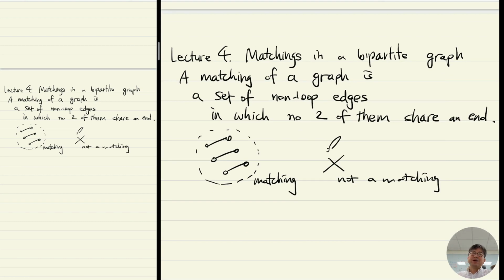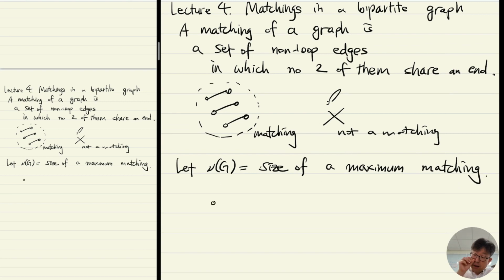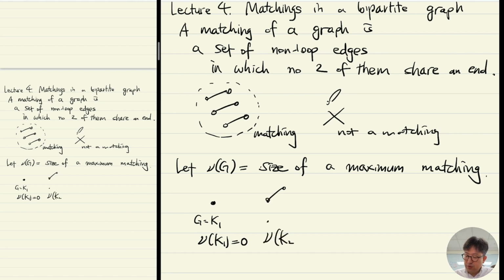All right. Now, what we are interested in is the size of a maximum matching. So let's write a function. So nu of G is the size of a maximum matching. So far all these definitions are for general graphs. So for instance, if G is K1, nu of K1 is 0, it's not 1, it's 0. If it's K2, then nu of K2 is 1 because I can take this single edge,